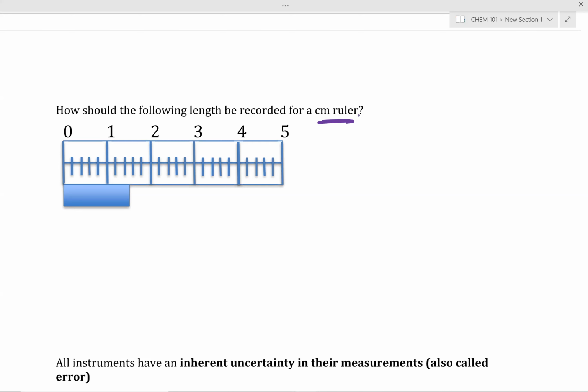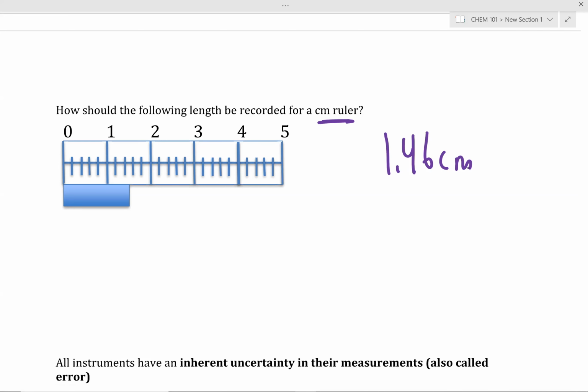So would anyone like to volunteer to provide a measurement? Don't be shy to raise your hand. Oftentimes, sharing potential measurements can help me identify and see what the class is thinking. 1.46. Let's see. So we have 1.46 centimeter. Can I have another input? We'll talk about them once I've collected a few, so don't worry.